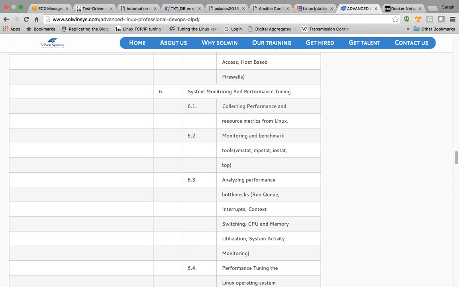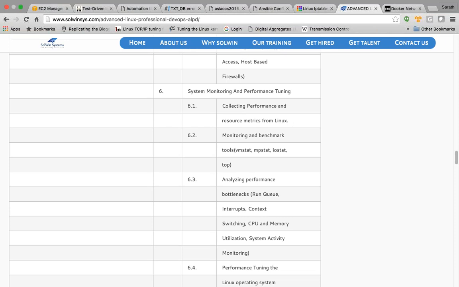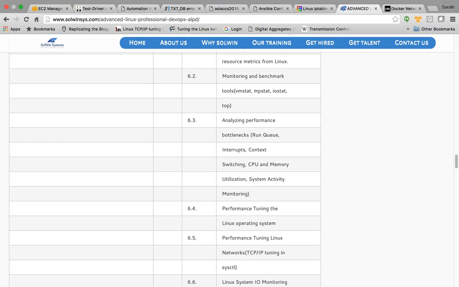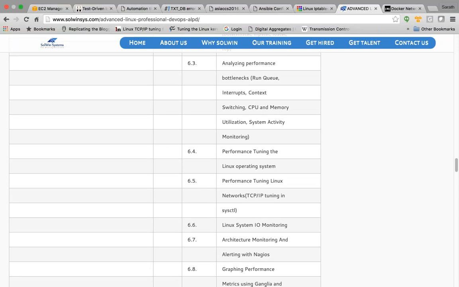The reason can be the underlying disk storage, because the process might be sitting and keeping on trying sending requests to access a particular section of the storage. Don't worry much about it right now. I was just giving you a slight peep into the topic that we are going to cover during system monitoring and performance. So monitoring and benchmarking tools that can be used in day-to-day operation with Linux, we will be covering those kinds of tools. We will learn about analyzing performance metrics and grabbing bottlenecks that are currently happening in the Linux system.